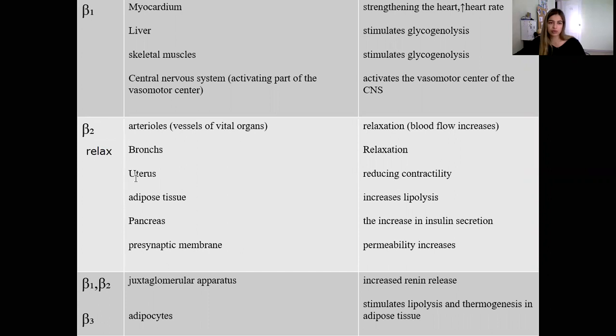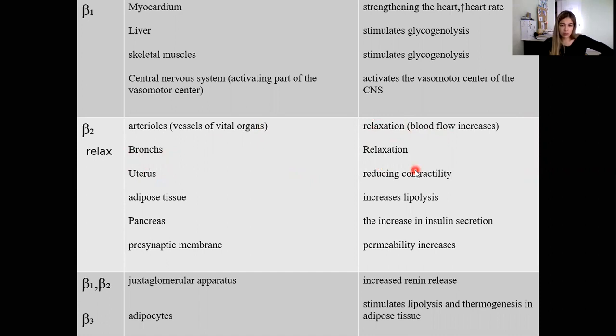And here you will find this answer in the table, that it actually gives us relaxation everywhere. If we're talking about beta 2 receptors in arterioles, it will be relaxation and increased blood flow. If we're talking about bronchi, it will be relaxation,